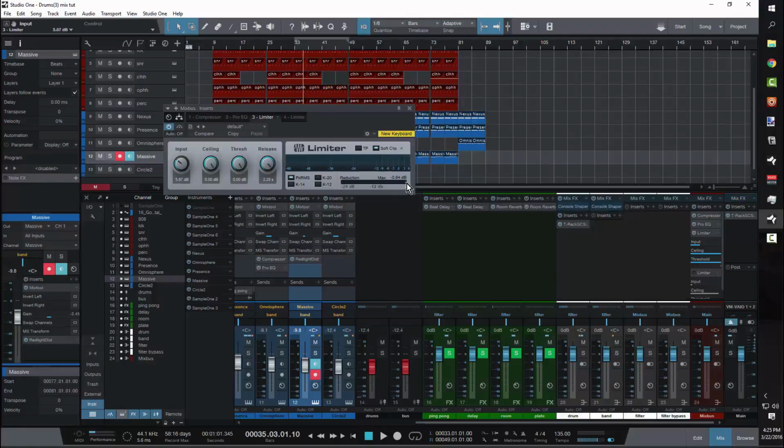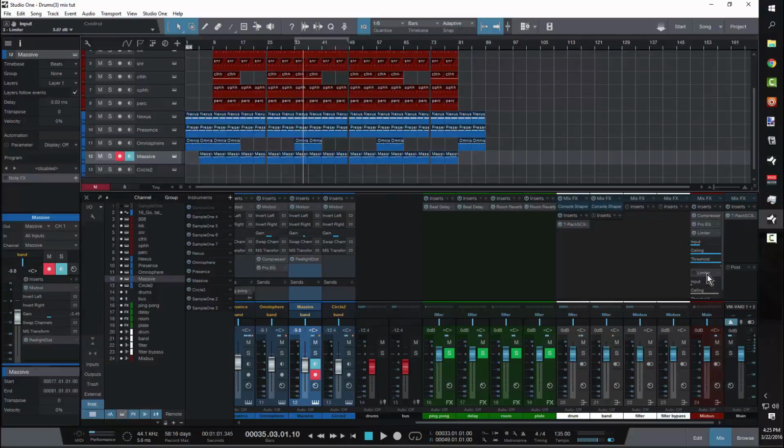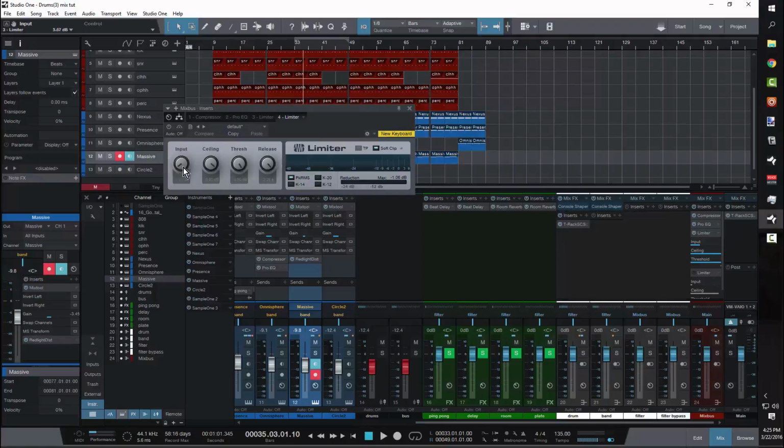So once you see this gain reduction start to go down and work, just stop on that one, add another limiter underneath it, and this is where we're going to get the final volume from. The first thing that we're going to do is set the ceiling to between -0.9